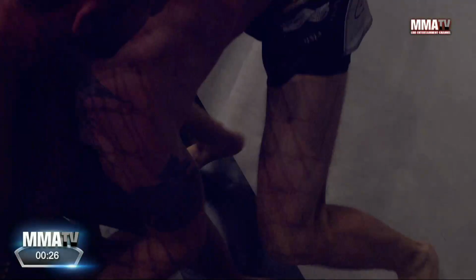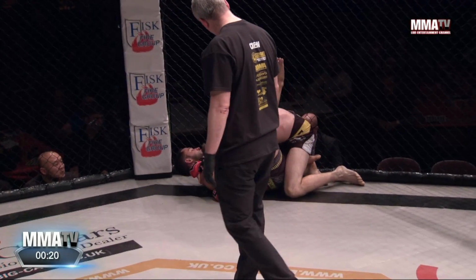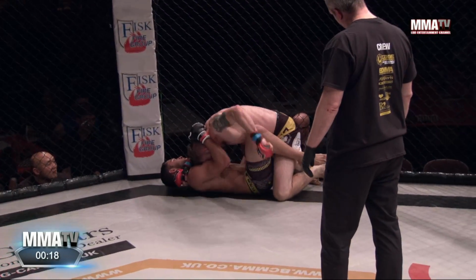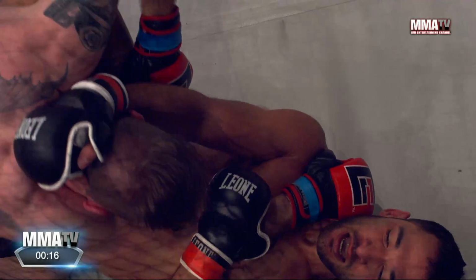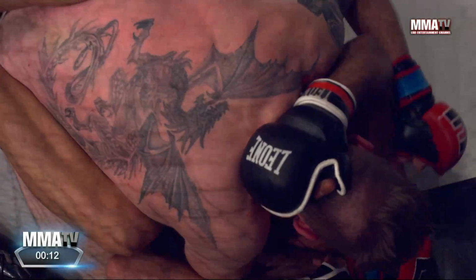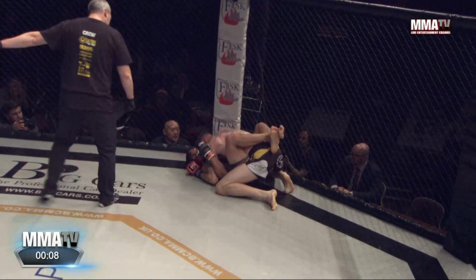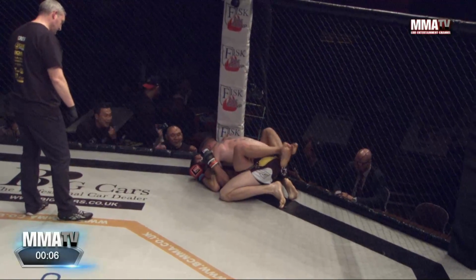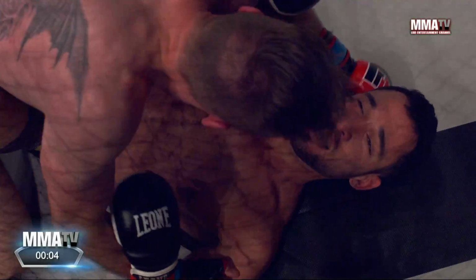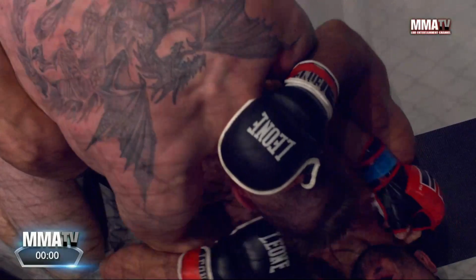Good little scramble, and now Frantz has got that double leg. Oh, and scoops it out the hips and drops him. Now with a little bit more time on top, let's see what he's able to do, whether or not he'll stay busy, and he already starts going to the body, looks to posture up to try to rain down some punches. Again, Frantz doing well, just trying to lock him down at the moment. Skogmann up again, and